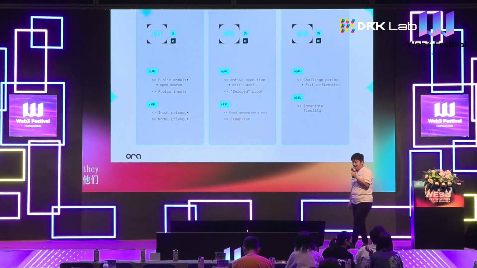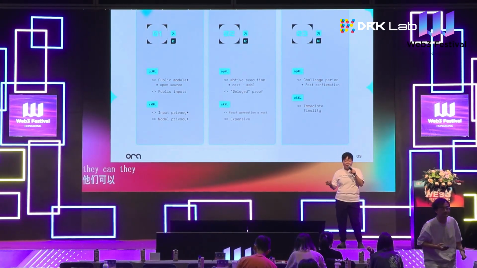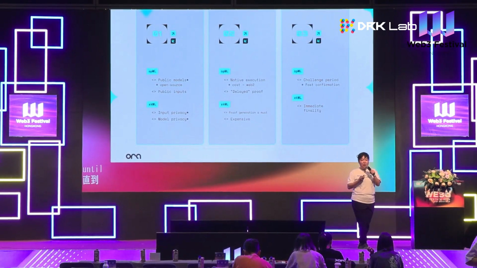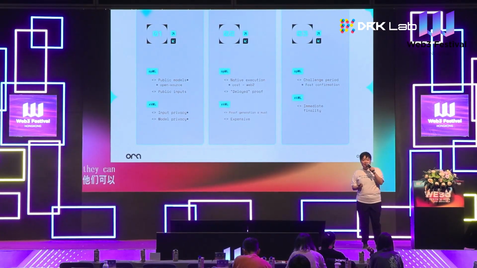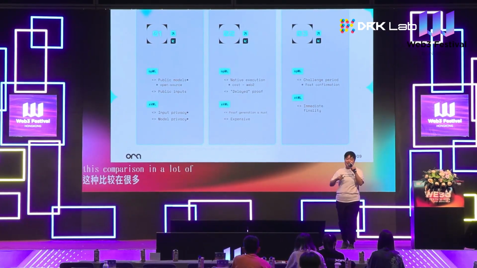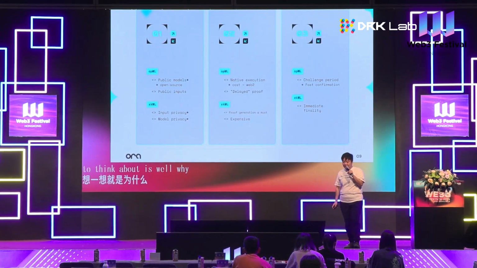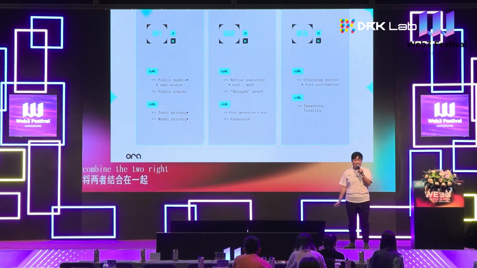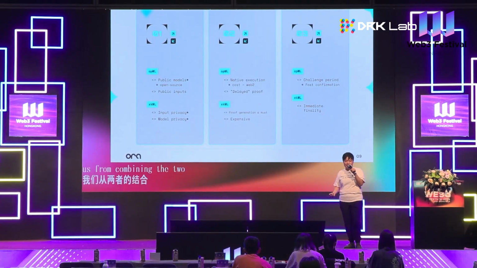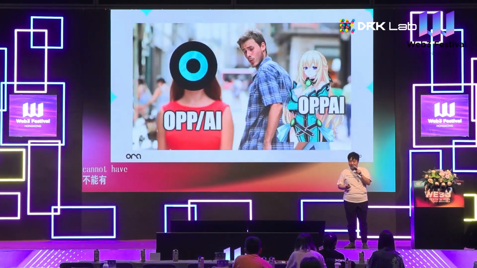Right, so we have done a lot of this comparison in our previous talks, and what we have come to think about is, why can't we combine the two? Nothing stops us from combining the two. It's not true for rollups, though. You cannot have a semi-OP, semi-ZK rollup, but for machine learning, it's different. You can combine the two. You can have some part of optimistic machine learning and some part of ZK machine learning. And that's what we